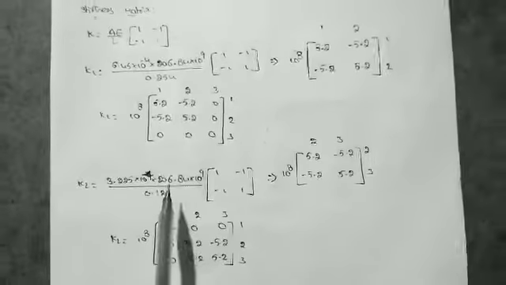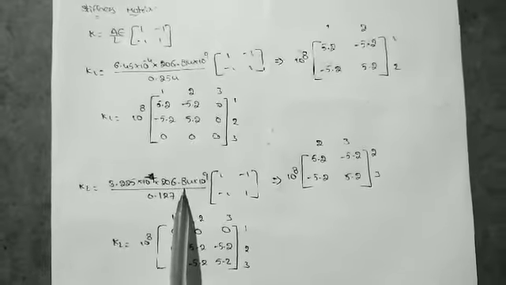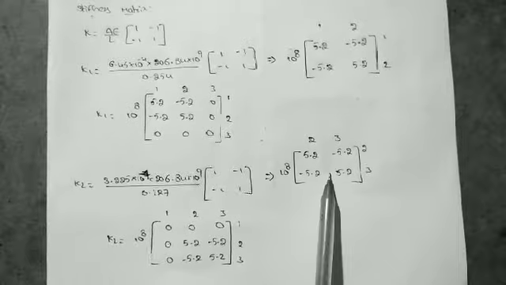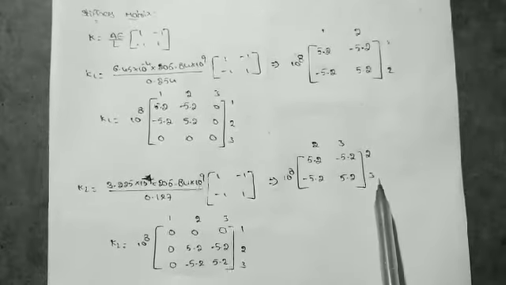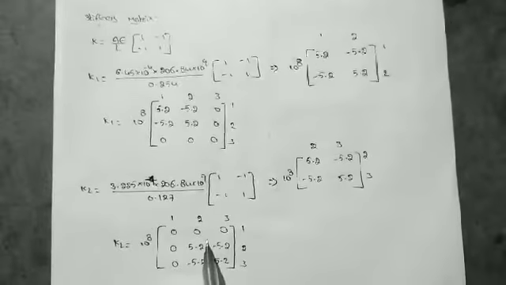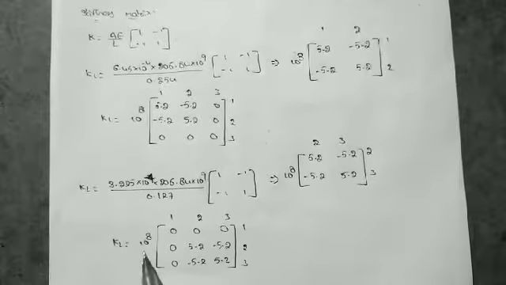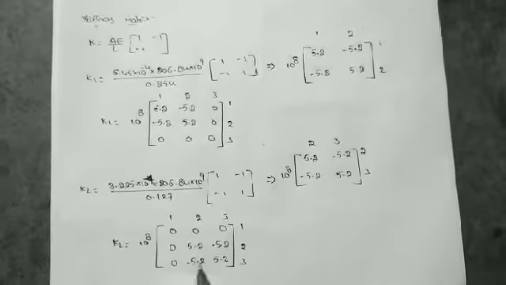The area, length and Young's modulus of the second element are given in this problem. Substitute those values and you will get this matrix. The second element has nodal numbers 2 and 3, so you indicate 2 and 3 on the top and right side of the matrix. To convert to the homogeneous matrix, similarly keep 10 power 8 common, then open the bracket and mention the nodal numbers at the top and right side. Here there is no first node, so you keep the first row and first column as 0. The remaining matrix is replaced with this matrix.